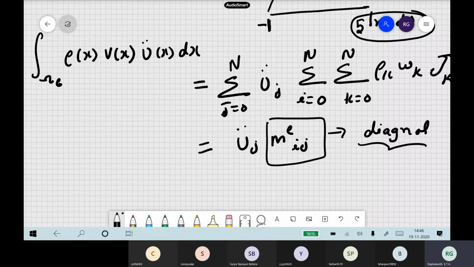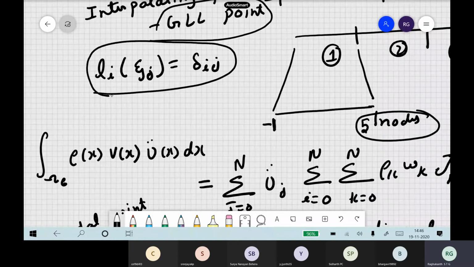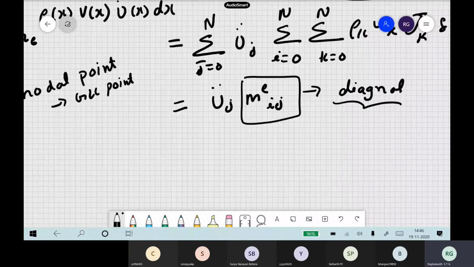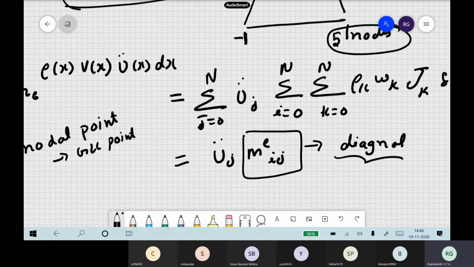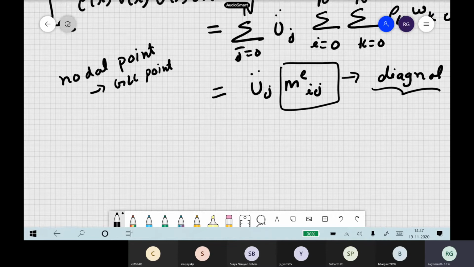Your nodes, where they are located inside an element, say, so our nodal points, whatever you are having, they are same as the GLL points because of the property of Lagrange polynomials. That is Li(xj) equal to delta ij, so automatically mass matrix becomes diagonal. So this is the most important thing in spectral element. Compared to finite element, all steps are the same. No difference between SEM and FEM. Only difference is one, GLL points have come into the picture, that is the quadrature rule. And another thing is your node locations inside an element, they are also taken same as GLL points. Automatically mass becomes diagonal.